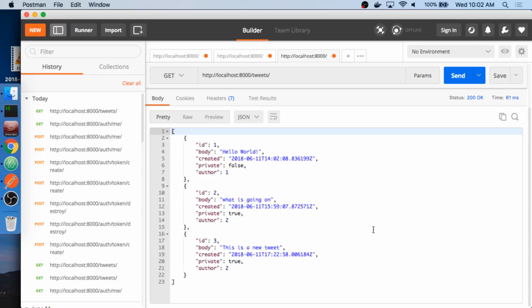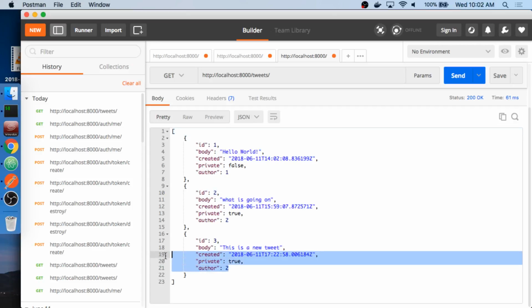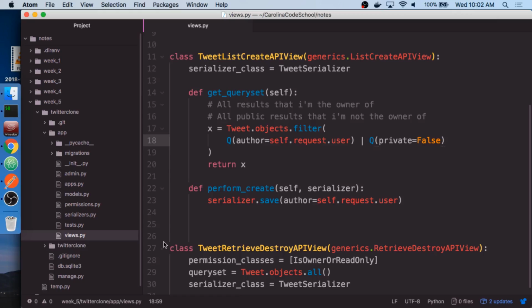Now, an edge case here is what would this query return for a tweet that I've created that's private of false? Let's think about that one. Would that query return a private of false that I've created? Yeah, because you're the author. Well, for two cases, right? Both of these would pass. And so that's like the super happy path of this query. It's like, oh, I found one that fit both cases. Even though it's an or, it's not going to exclude that one.